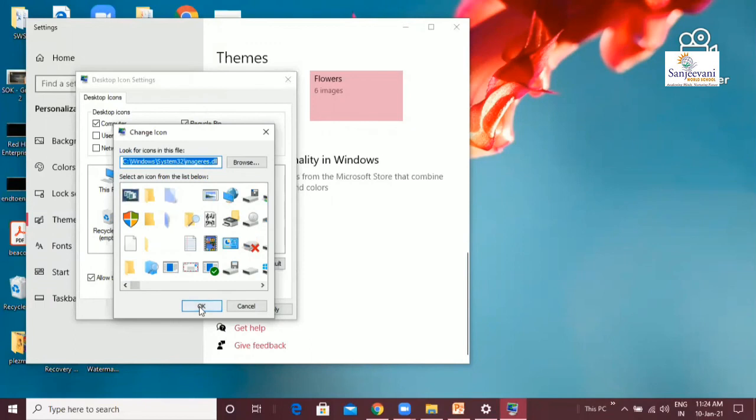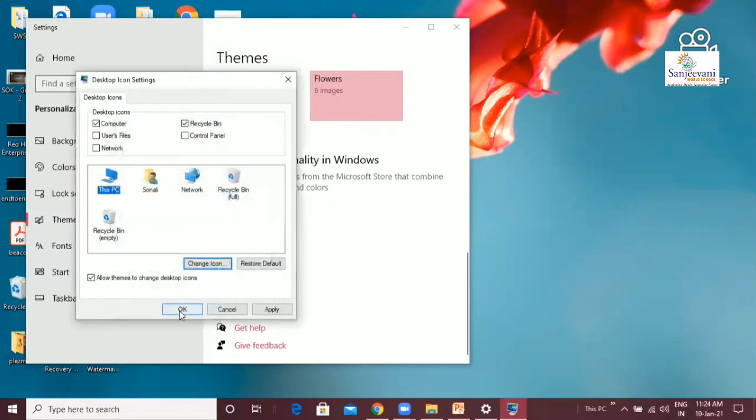Then after selecting, you have to click on OK and then click on apply to apply the changes. So this is how you can change the icons, and you can also have some of the apps or some of the icons appear on the desktop.